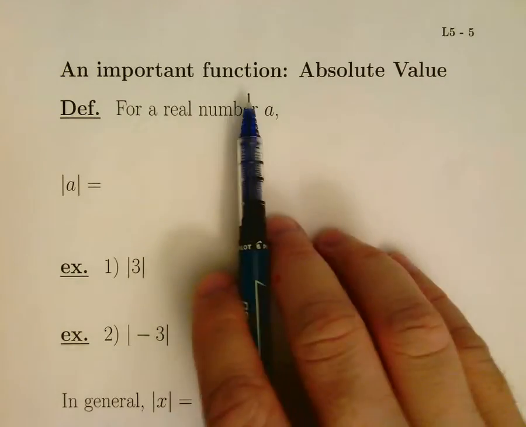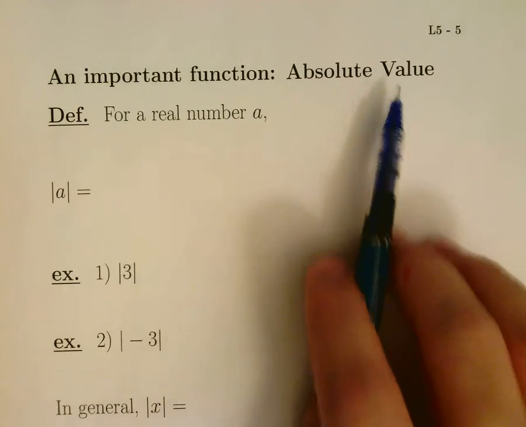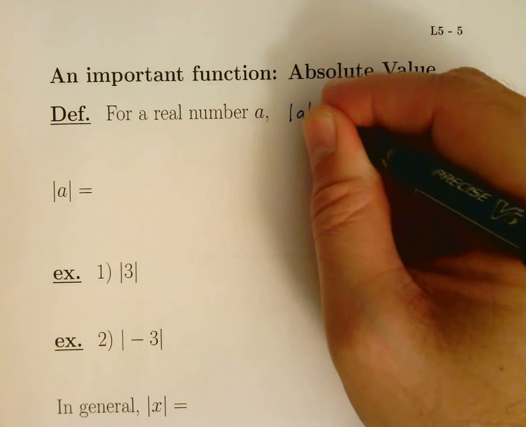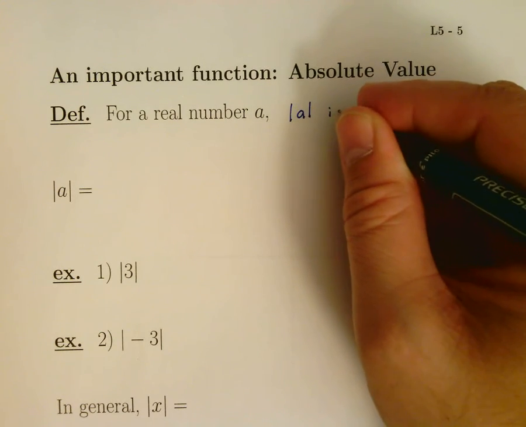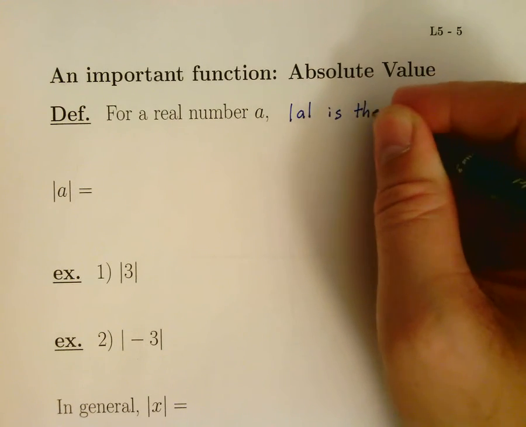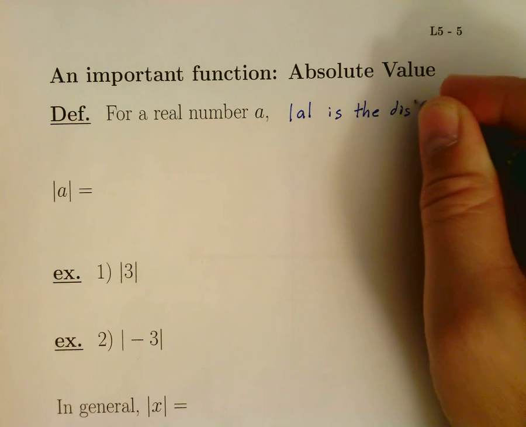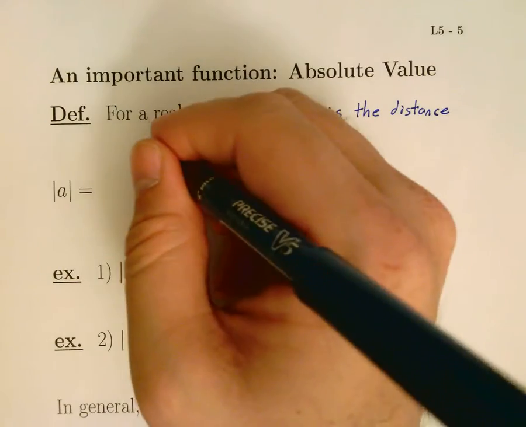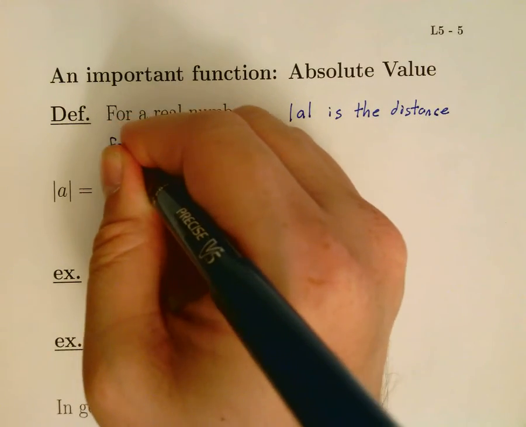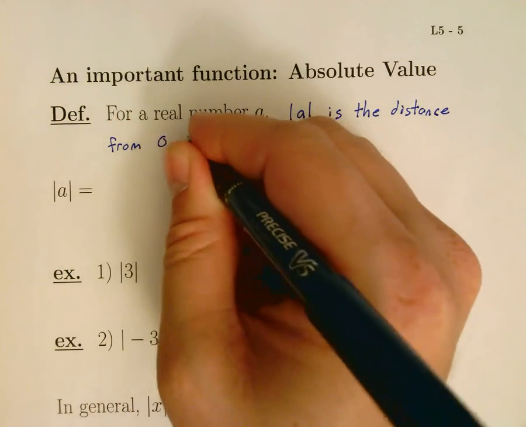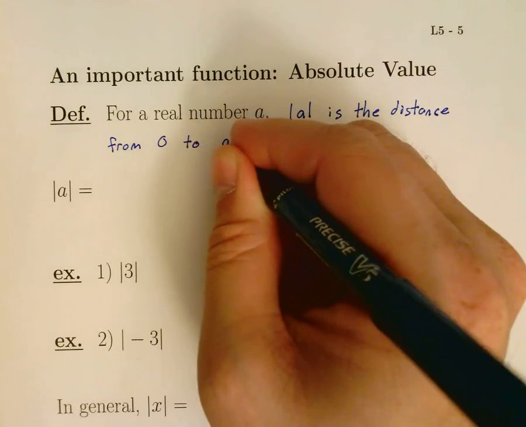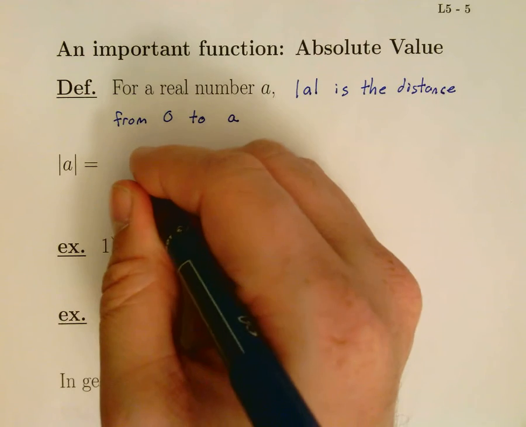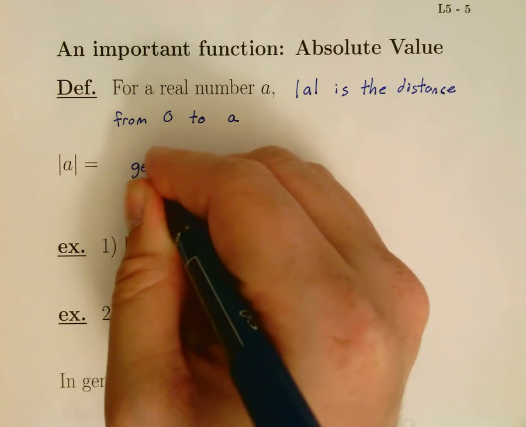So an important function, the absolute value. For a real number a, the absolute value of a is its distance from the origin, or from 0, to a. Okay, and that's what that means geometrically. So let me just put this out. The geometric idea,